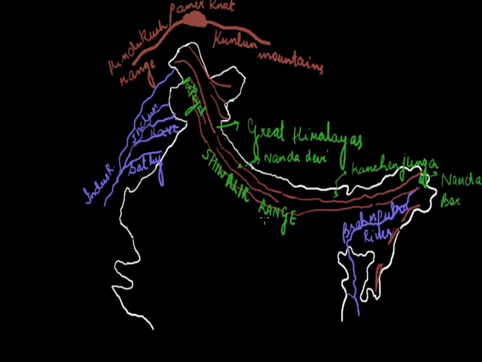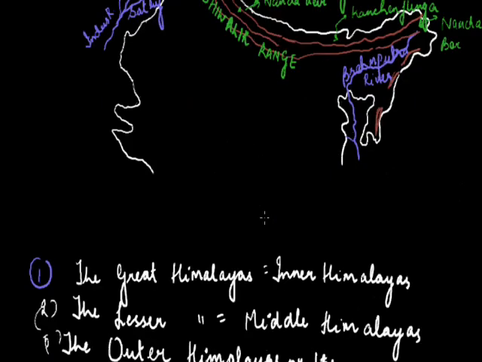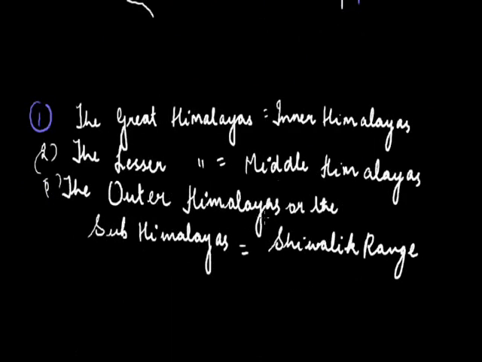The southernmost range of the Himalayas is the Shivalik range, and its height is from 900 to 1,200 meters. Its width varies from 10 to 50 kilometers. In between the lesser and the outer Himalayas, there are longitudinal valleys. These are known as duns in the west and dwars in the east. For example, Dehradun, which is also an important hill station, Kotri Dun and Patli Dun. So, that was a look at the important points of the various mountain ranges.